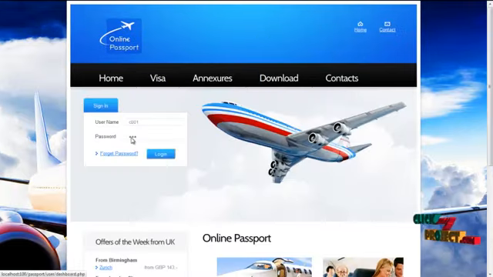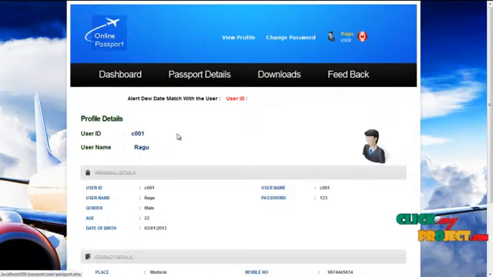The next module is the user module. The username for the user is C001 and the password is 123. By clicking on the login button, the user can log in into our system and can access the service offered to him. The first page would be the home page, which contains the profile detail of the user who logged in. It also provides an alert message.